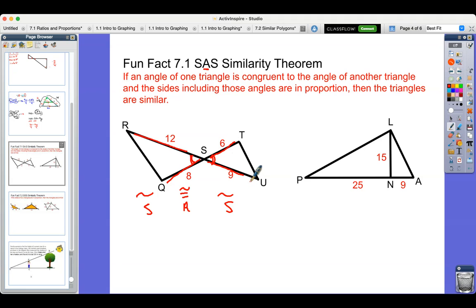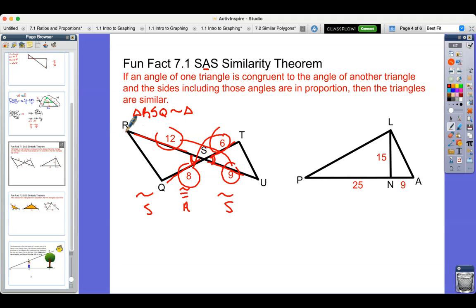Now, does the order matter? So the best way to think about it is we got the big number and the small number. So the big number needs to be similar to the big number of the other one over here. And then these two have to be similar to each other. So that being said, we say, hey, our triangle RSQ. That's our goal ultimately. Somehow it has to be similar to triangle